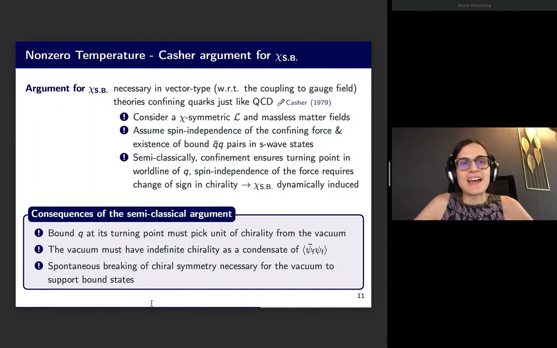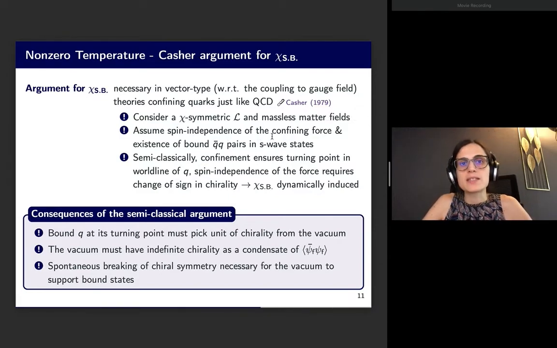Okay, I think we now have an idea of chiral symmetry breaking, but in order to get a better intuition, we can also use a semi-classical argument for why chiral symmetry breaking is absolutely necessary for the vacuum to support bound states and therefore to confine. The chiral symmetry breaking can be shown, and this was shown by Casher long ago, to be necessary in vector